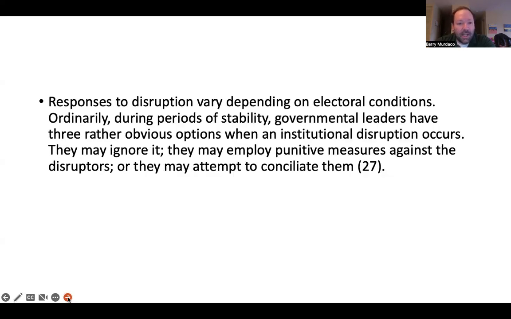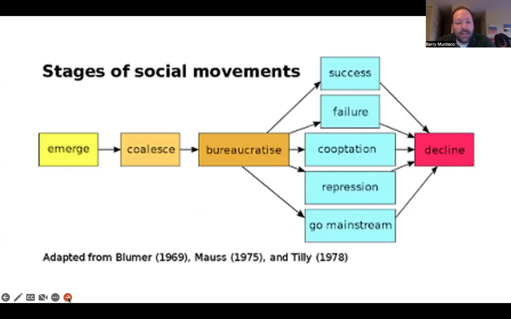All right, so I think we pretty much have an idea now of how that works. Now we can move on to talking in more depth about the civil rights movement itself. This is a diagram which to some extent summarizes the typical pattern of how social movements come and go. Social movements are usually fairly brief. They emerge, they coalesce, meaning that they get stronger and form a more definite identity. Then they have a tendency to bureaucratize, which means that they become more formalized.